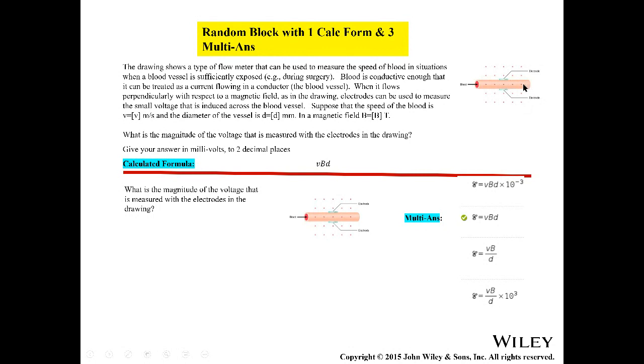Anyway, you now say, I have a current flowing this way. And because these charges are flowing through a magnetic field, there is an induced motional EMF. There's an induced EMF, and you want to know what is the voltage across. The induced EMF is the voltage across. You would like to know what is the induced EMF across. And the formula for the